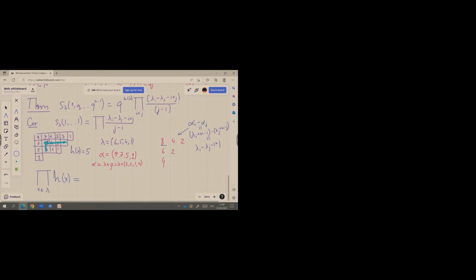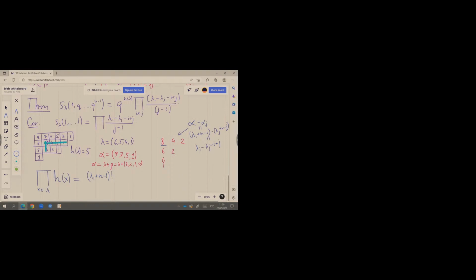Well, for the first row, this is alpha 1 factorial, or lambda 1 plus n minus 1 factorial. Oh, sorry, if I'm writing usual hook lengths, this must be just ordinary factorials,